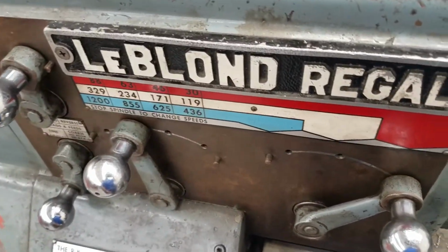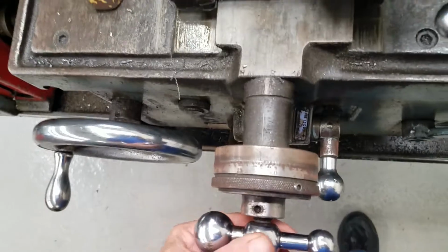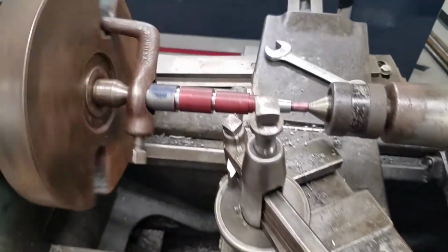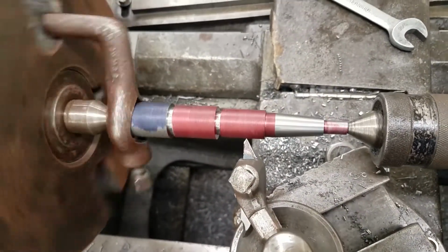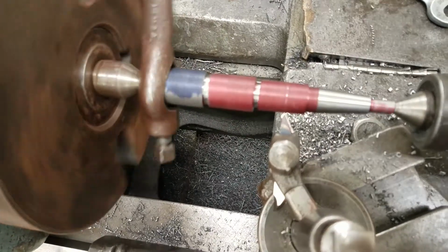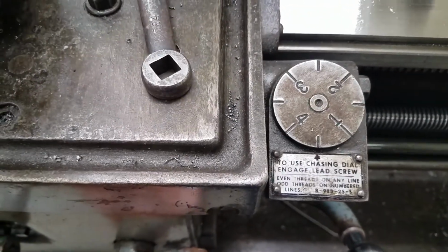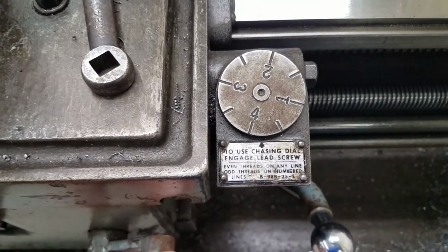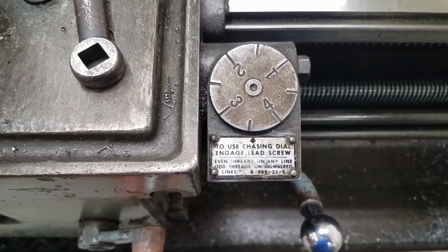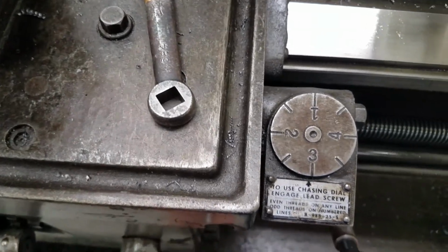Now let's check that. What I'm going to do is put my cross feed on 0 without running into my 3/4 diameter. We're going to go back to 0 every time right here, every time. And then we touch our tool with our compound, just like we did when we were turning. Touch. All right, I'm touching. And now we want to use our threading dial, and engage it at any line, whether it's a numbered line or unnumbered line. So I'm going to use this lever to engage that. So I push down,